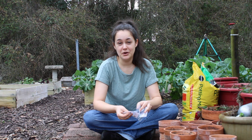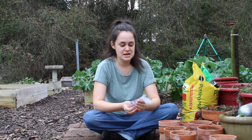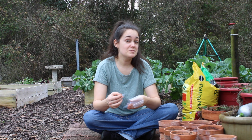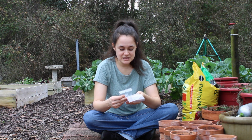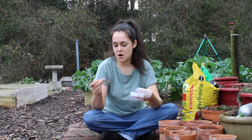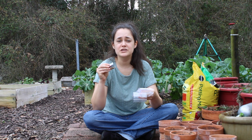at nights that go below, I will put them in my greenhouse, and it stays pretty warm in there. We keep it shut up during the day so it stays warm, and that's where we keep them at night when temperatures drop. So I have Amish paste and some homestead tomatoes, which is supposed to be a determinate variety,